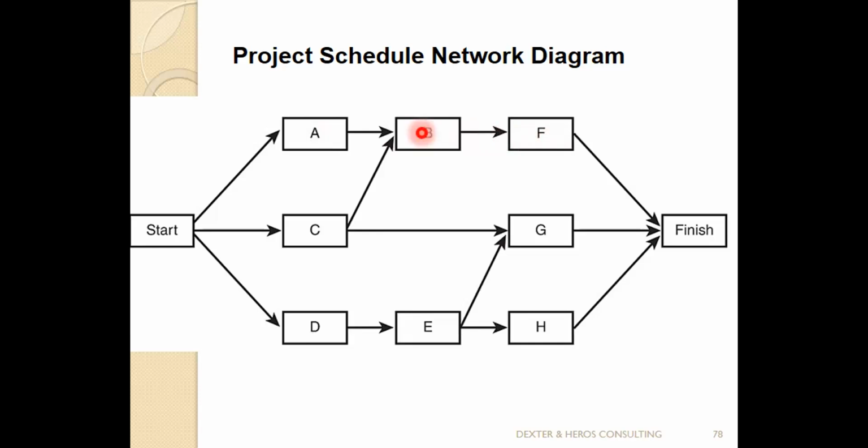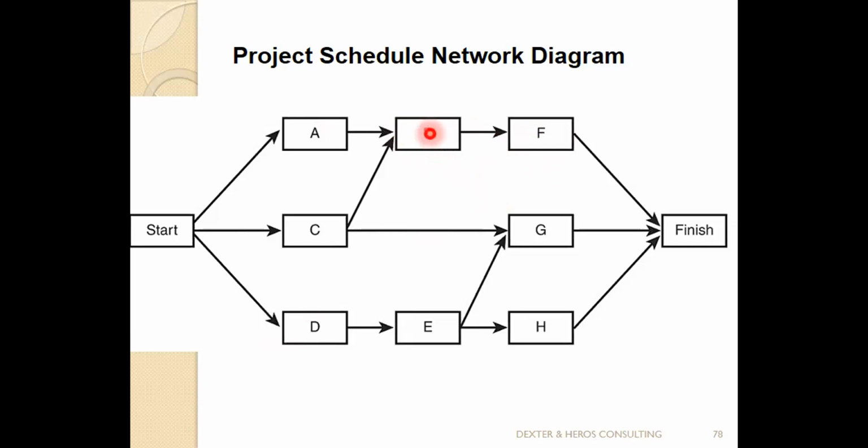If B finishes before F starts, it means finish to start. So the relationship between them is finish to start. There are other hypothetical relationships like finish to finish. Finish to start means